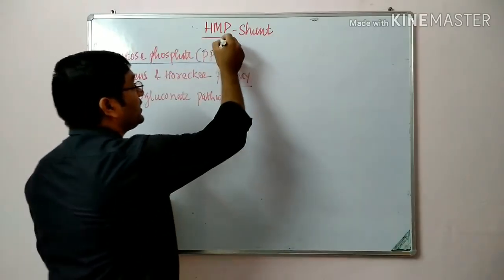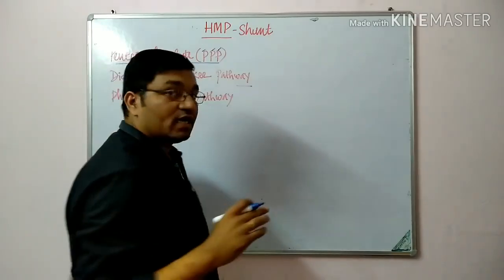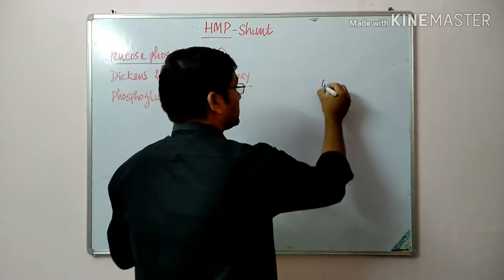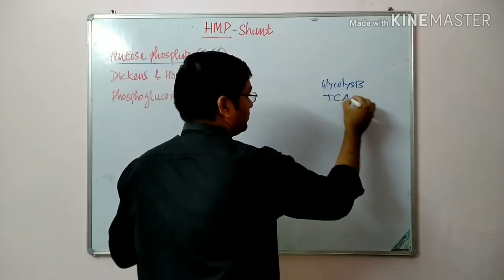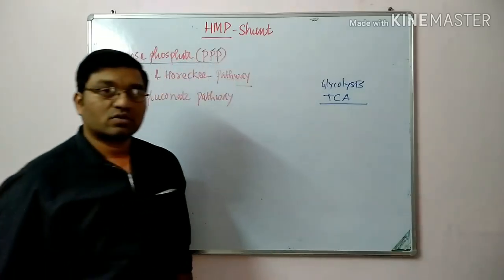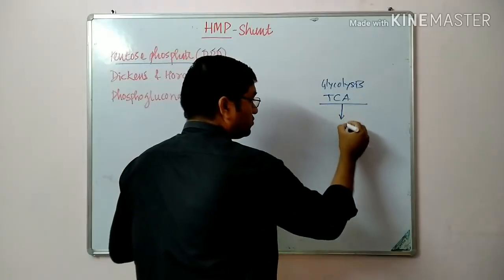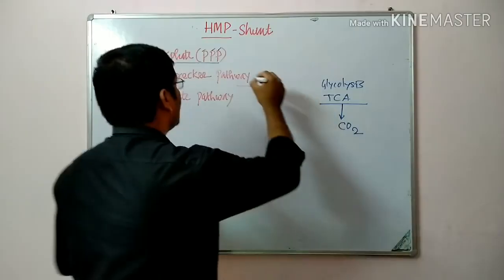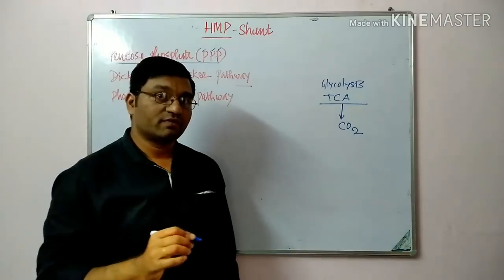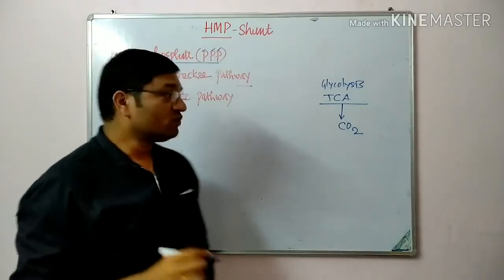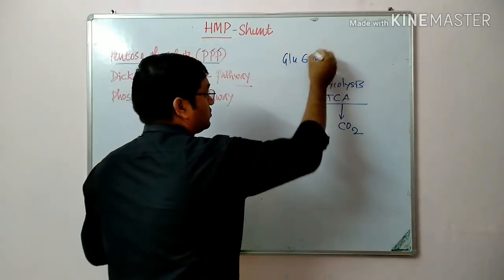This is an alternative pathway for oxidation of the glucose molecule. This is an alternative pathway to glycolysis and the TCA cycle. Glucose undergoes oxidation, and in glycolysis and the TCA cycle it will give CO2. So this is an alternative pathway or shunt pathway. That's why it is known as the shunt pathway for oxidation of glucose, in which glucose or glucose 6-phosphate through this